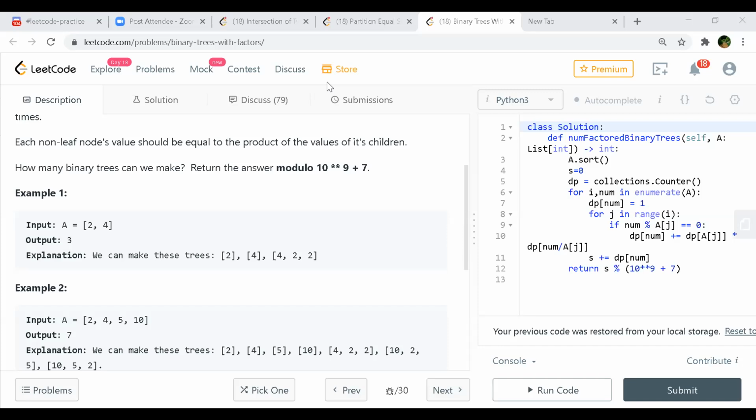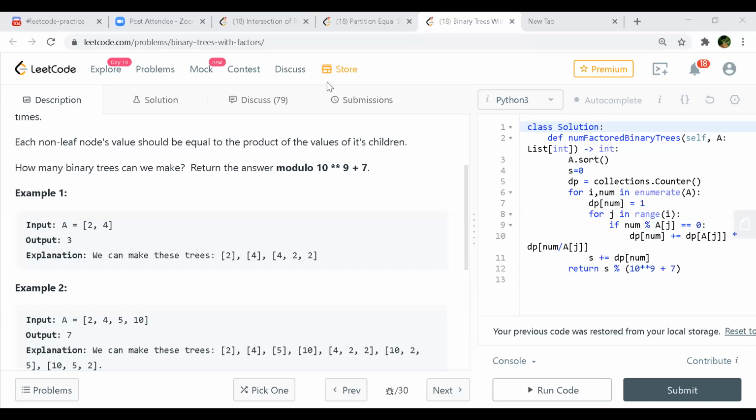Can you repeat why we need sorting? What I was thinking, take an example like 2, 4, 5, 10. We start from the lowest index. I have 2, and then I multiply 2 with 4. It is 8, and I try to find if 8 is already present using my unordered map. If it is not, then I just skip that. Then instead of 4, I multiply by 5. So 2 into 5 is 10, and then 5, 10, right? So I'm going in an increasing order, right? That is the way I thought.